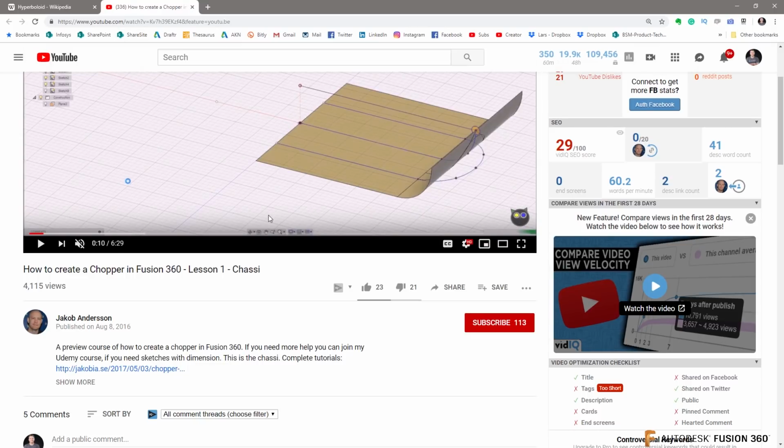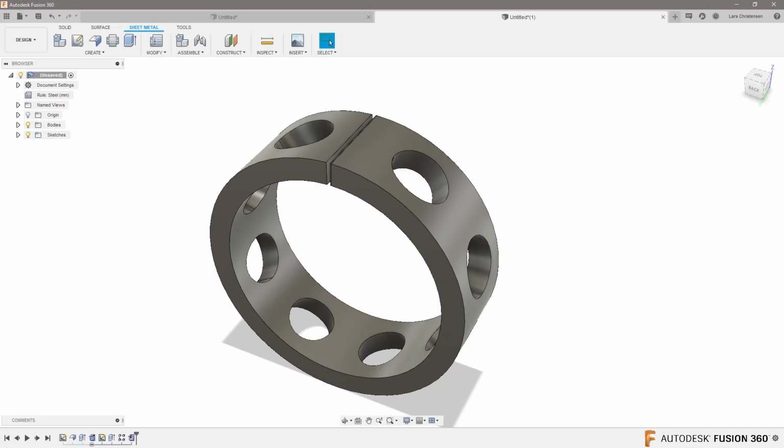But I can maybe just show a little bit about what the principles are of what Jacob is doing here. Really, what it is, and I would call it a little bit old school, is using surfaces to create compound 3D sketches. So it's funny, if we go into Fusion, that